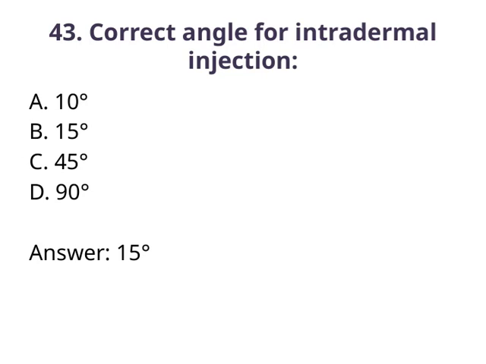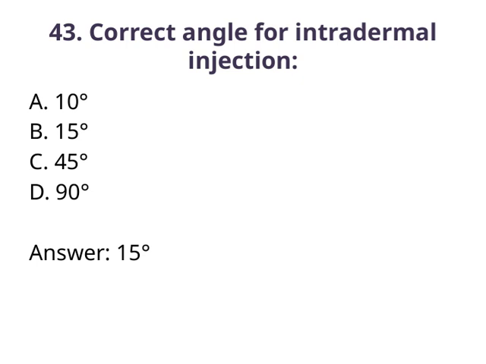All right, now let's talk about the correct angle for intradermal injections. When administering an intradermal shot, the goal is to inject just beneath the surface of the skin into the dermis. The ideal angle for this is approximately 15 degrees. This relatively shallow angle helps ensure the medication stays within the dermis, which is important for proper absorption and accurate